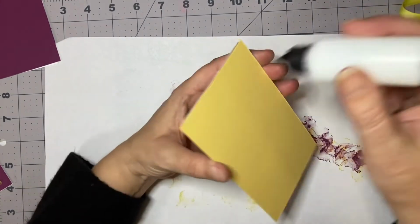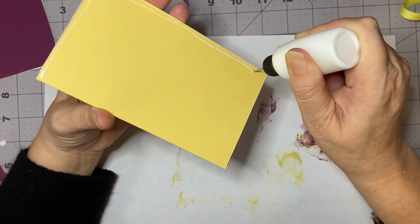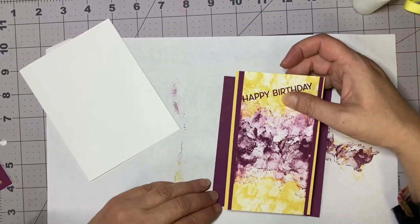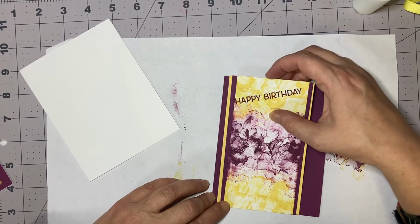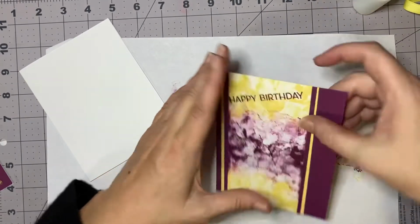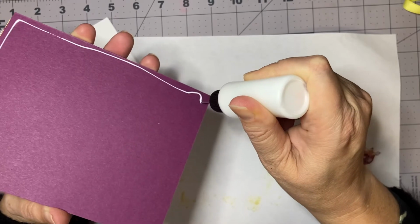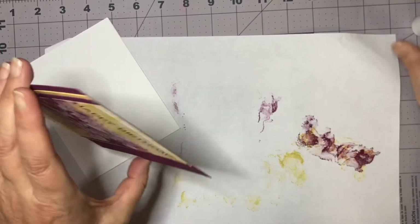And then finally, put this layer on the rich raspberry card base. And I like to put it off to the side, but you could totally center this and it would look cool as well. But I wanted to put a little bit of bling down in that bottom corner. So that's why I went off to the side like that, to give it a little place where I could